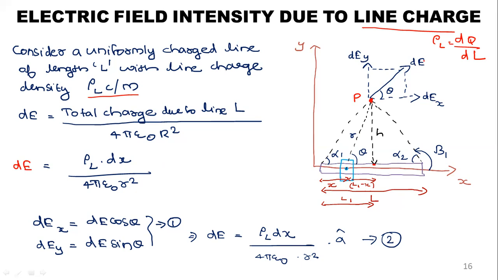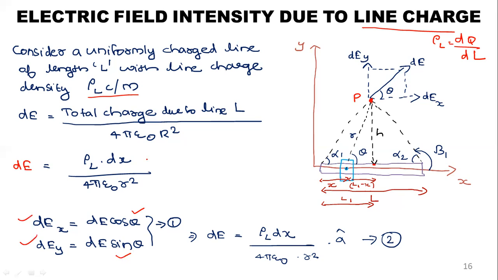Okay. Now what we do, we resolve the resultant differential electric field intensity. We resolve in two directions, along the x direction and y direction. We know that along the x direction it is always the cos component, that is, along theta comes the cos component. So dEx is equal to dE cos theta. Similarly, dEy is dE sin theta. So I hope this is also clear for you.